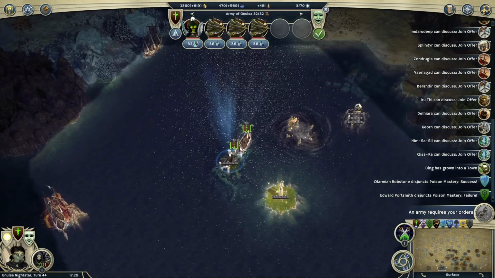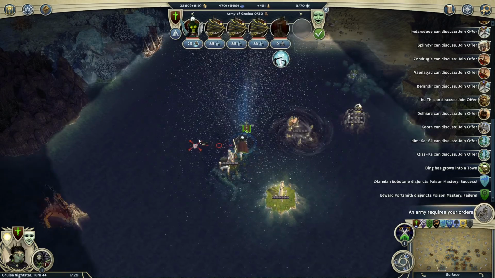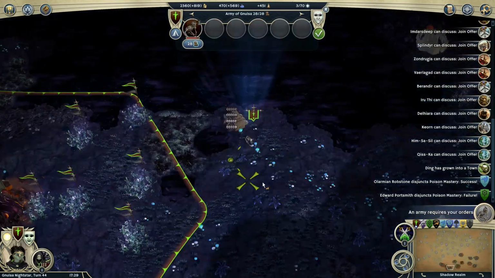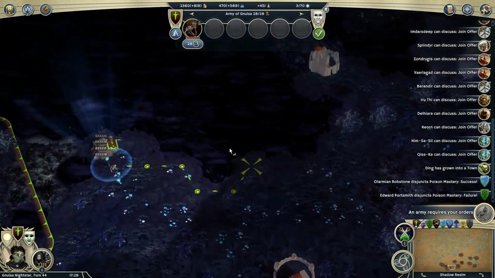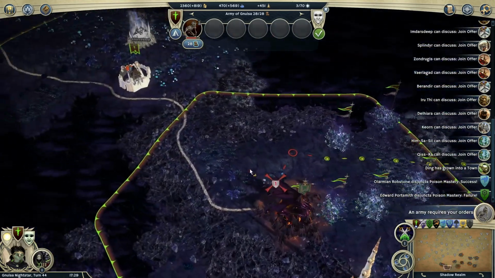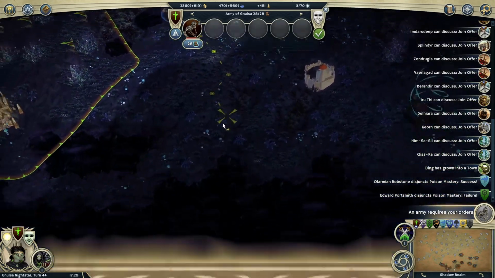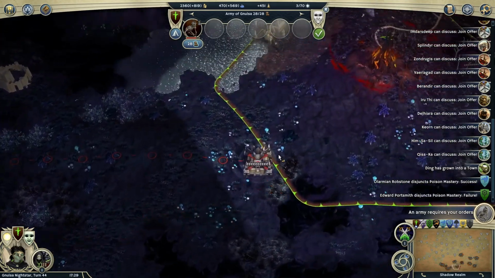Because now, if I move away from this, I'm going to leave the builder vulnerable, so that's a bit of an oopsie. So we'll have to just keep the stack together there and move them next turn. This little guy, we were going to have him do some exploring, but he can't really do that by himself. And now that we have Explorer set up, we don't really need to worry about that. So you know what? Maybe we'll have him...